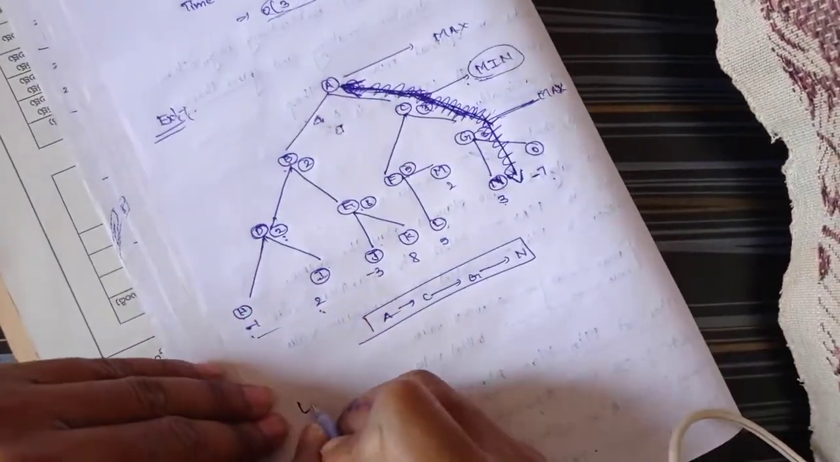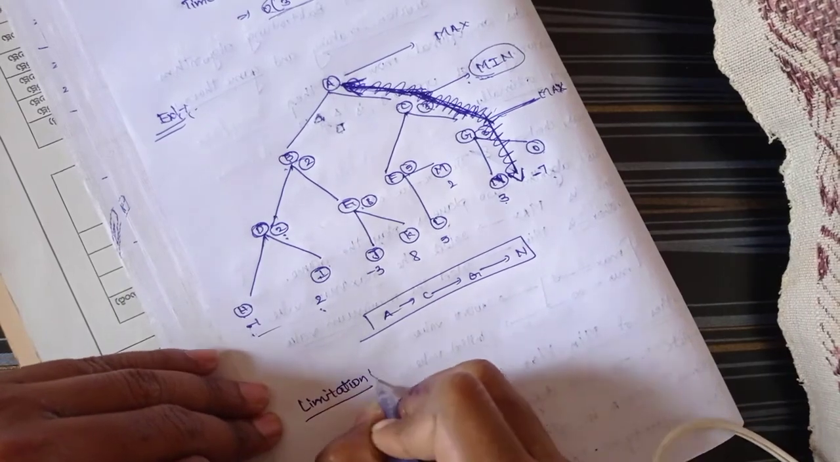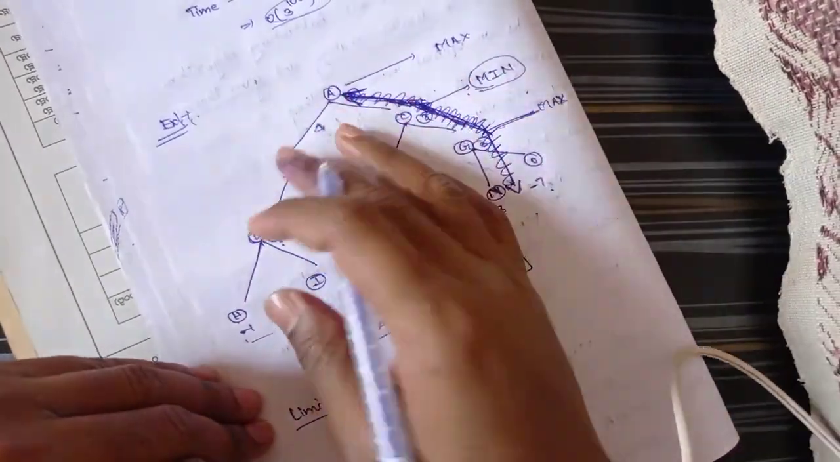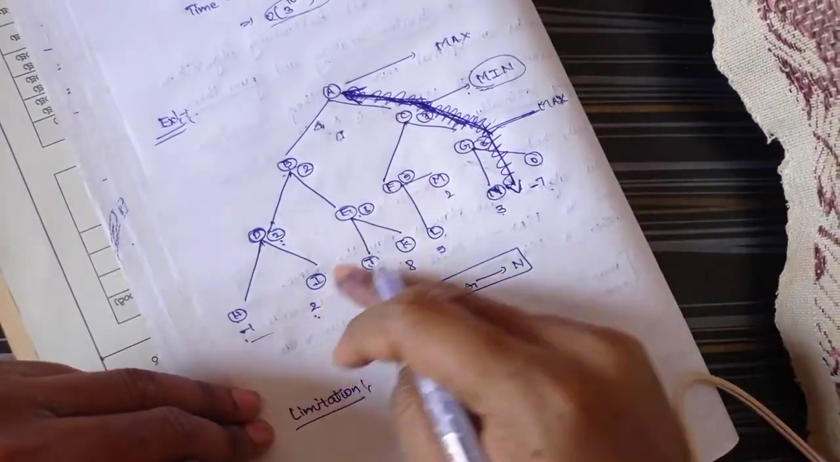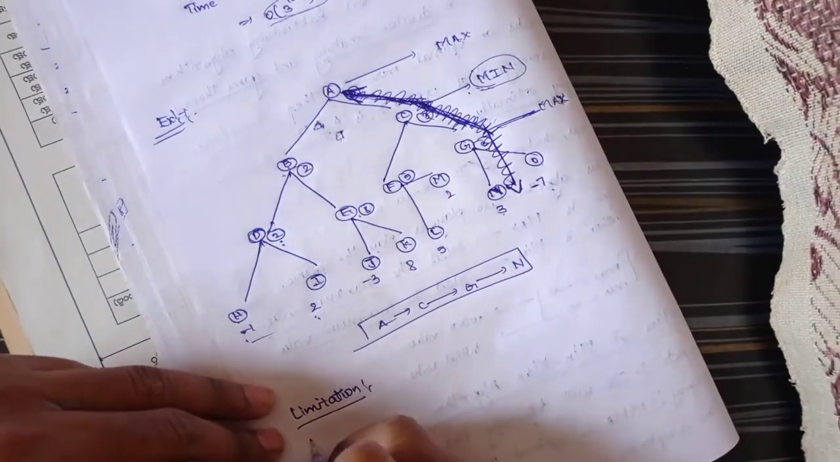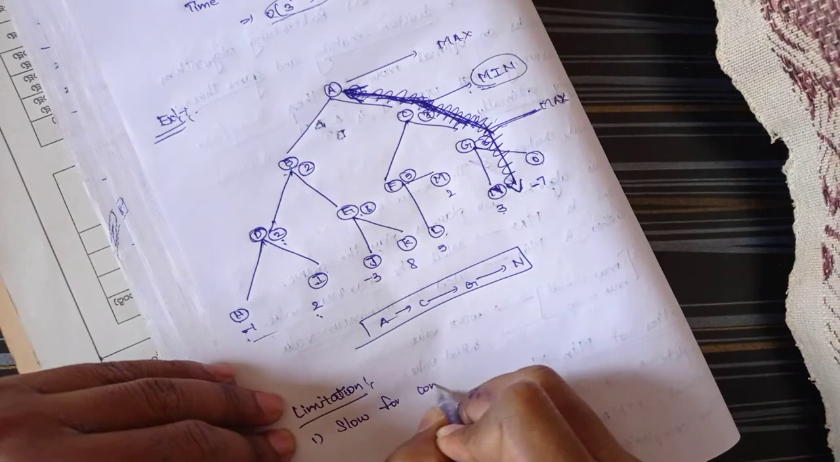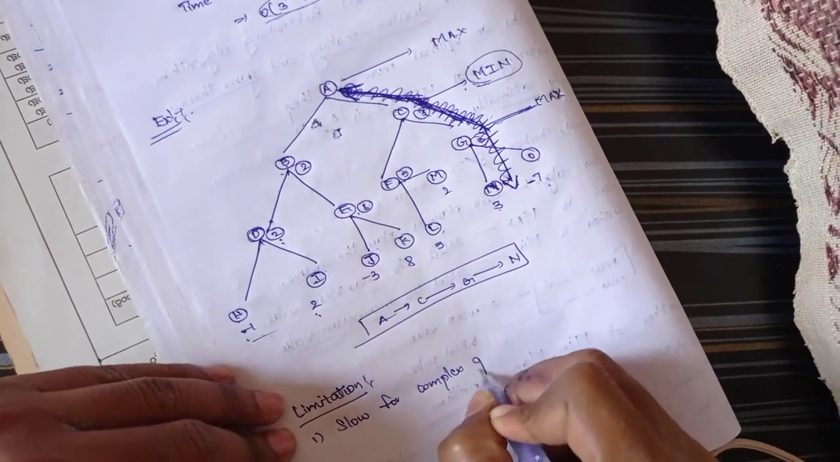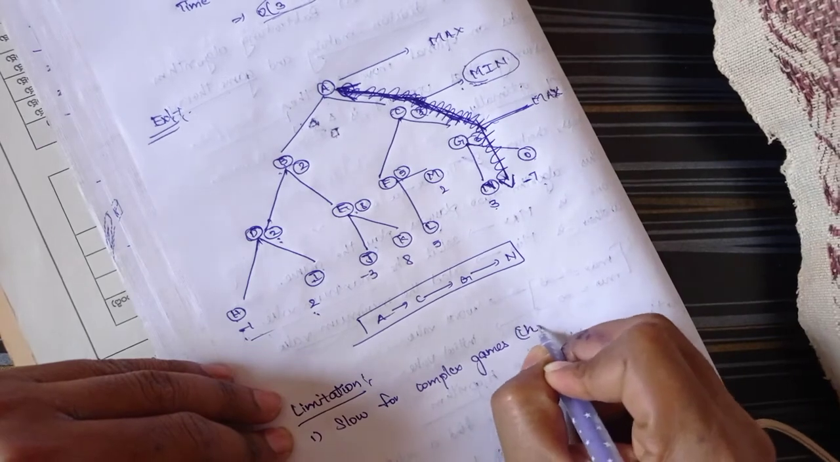So let me write the limitations. So what is the limitation from the example? If there are many nodes, we can't find the minimum and maximum for each and every node. So it is slow for complex games, mainly chess, checkers,